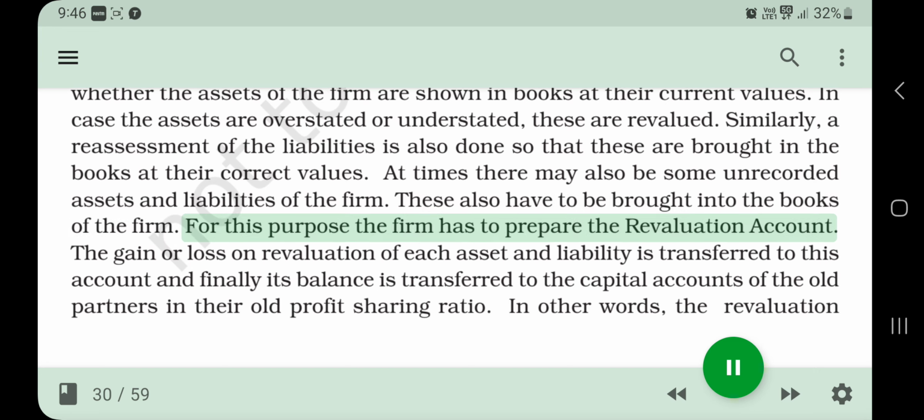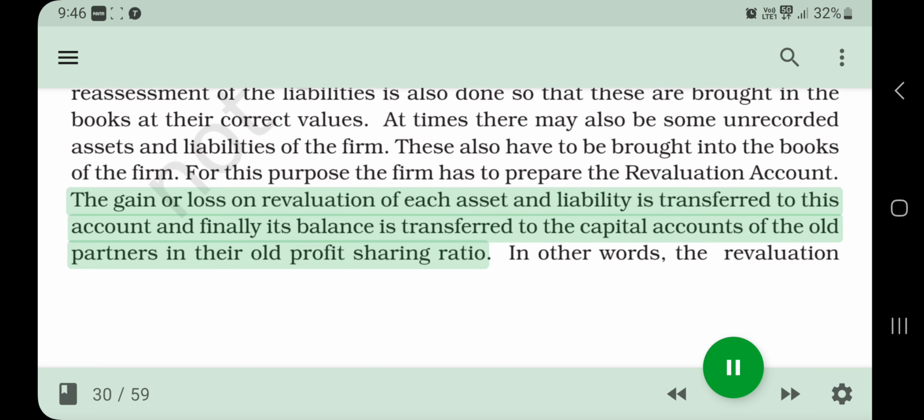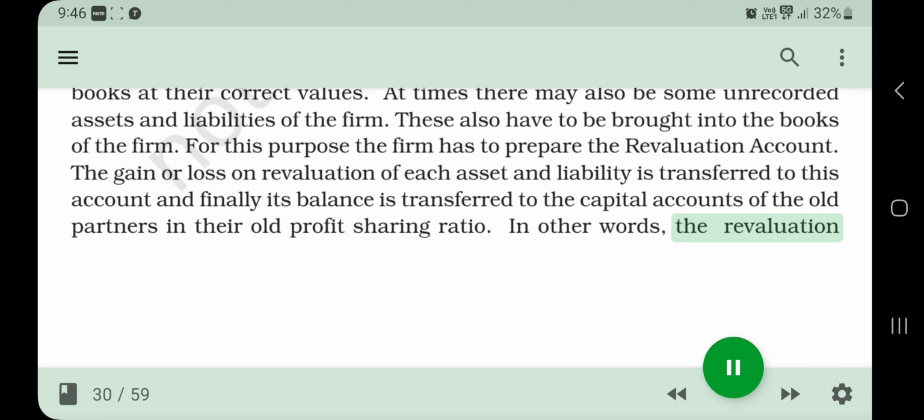For this purpose, the firm has to prepare the revaluation account. The gain or loss on revaluation of each asset and liability is transferred to this account, and finally its balance is transferred to the capital accounts of the old partners in their old profit sharing ratio. In other words, the revaluation